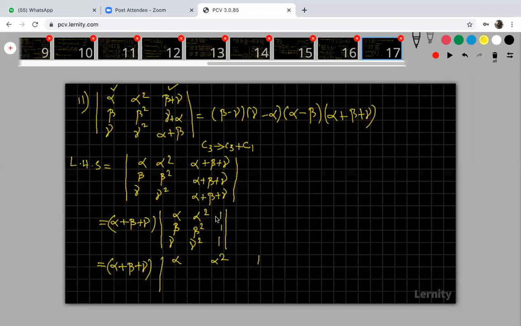Now I'm going to apply R2 minus R1. That means this minus this is 0. I'm going to make this 1, 0, 0. So this minus this, that is beta square minus alpha square. This is beta minus alpha. Similarly, this is 1 minus 1, 0. And this is gamma square minus alpha square, and this is gamma minus alpha. Now I have already told that if any term is coming like that,